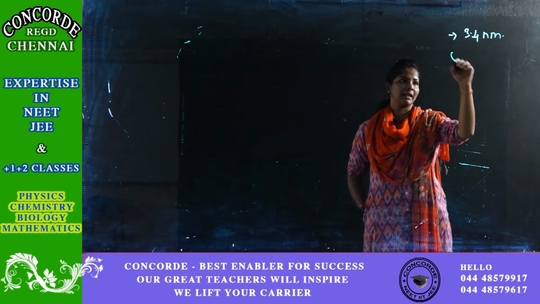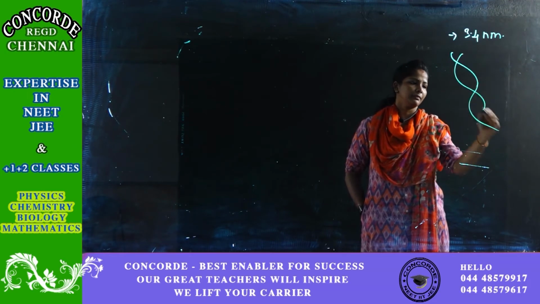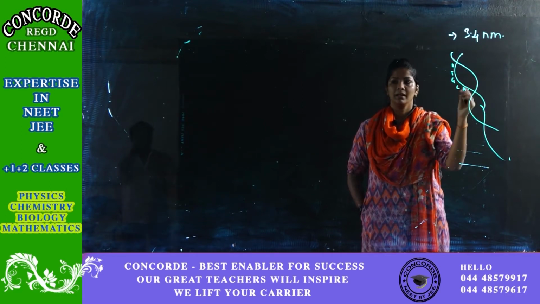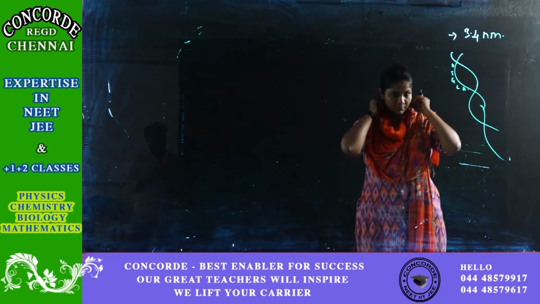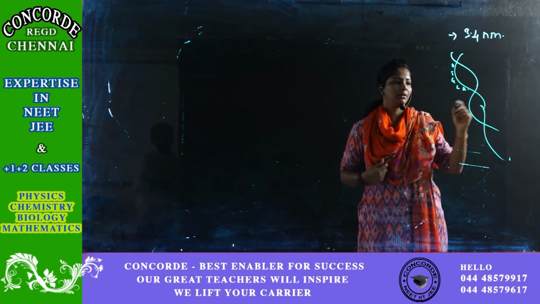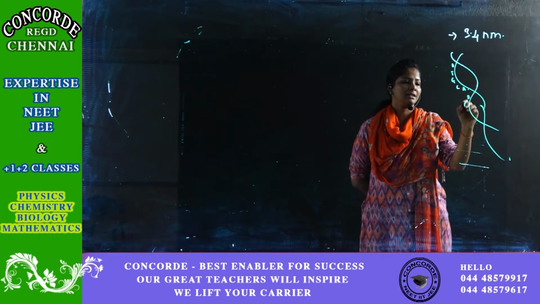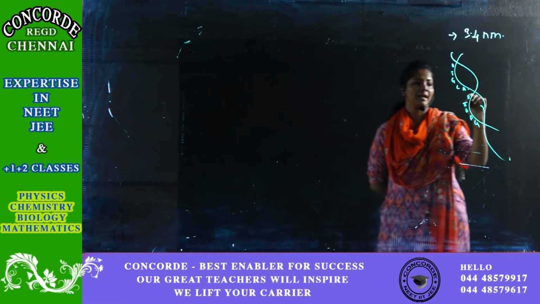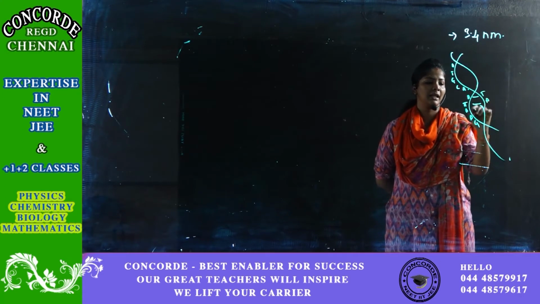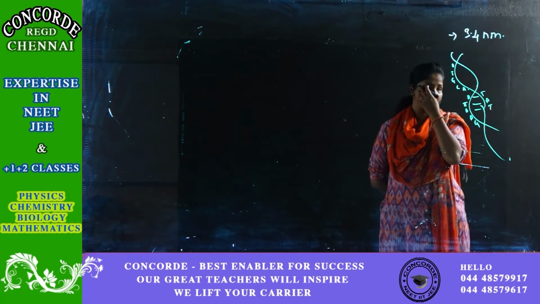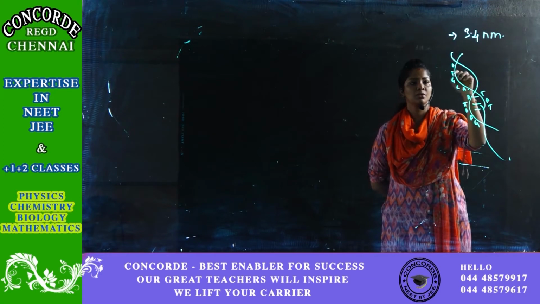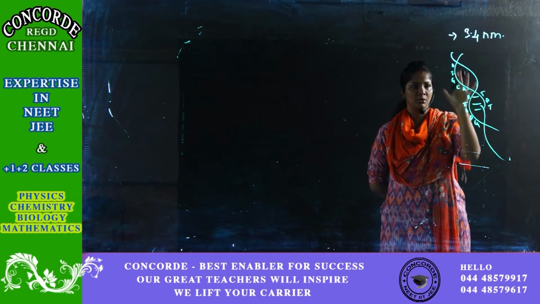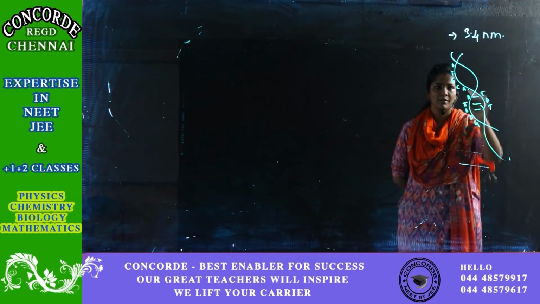So if you see the DNA like this, say A, T, G, C, A, and again A, A, T, A, G. Likewise, parallelly, if A is there, I'll have T here. If T is there, A. So like this, the bases will go on. If you count 1, 2, 3, 4, 5, 6, 7, 8, 9, 10, there are totally 10 nitrogenous bases from here to here.